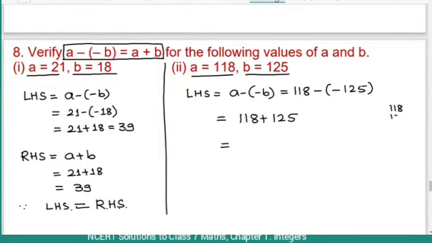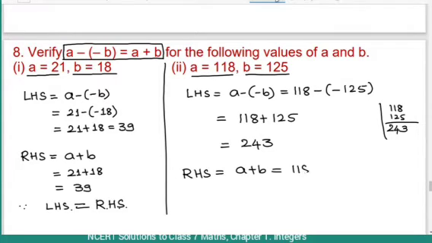So add these two numbers, that is 243, and RHS is equal to a plus b, that is 118 plus 125 is equal to 243. Since LHS is equal to RHS, therefore a minus of minus b is equal to a plus b is proved